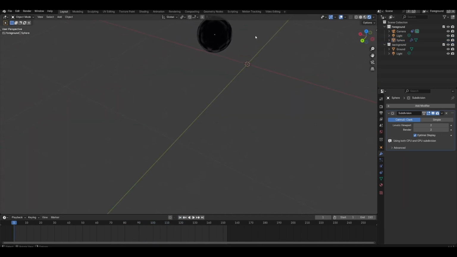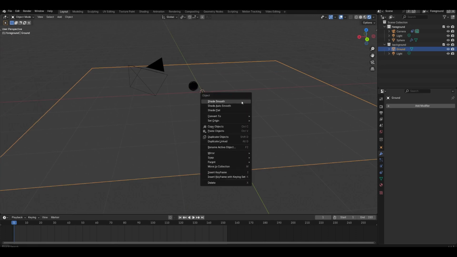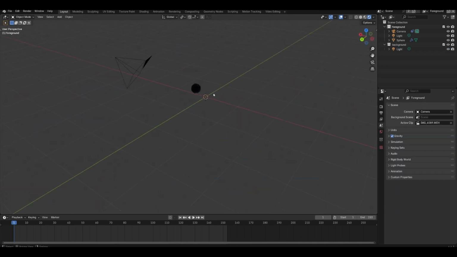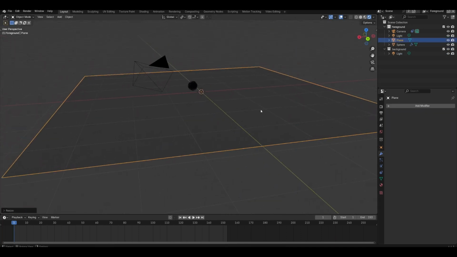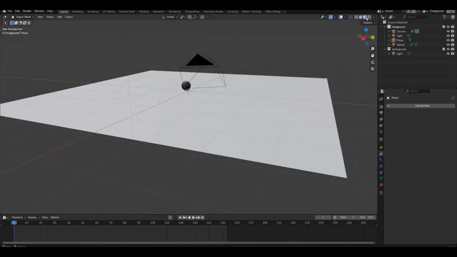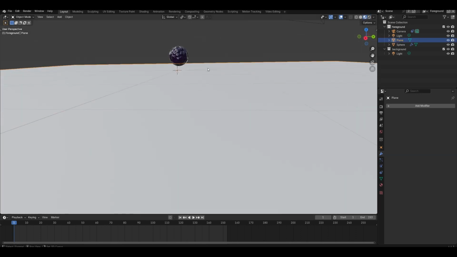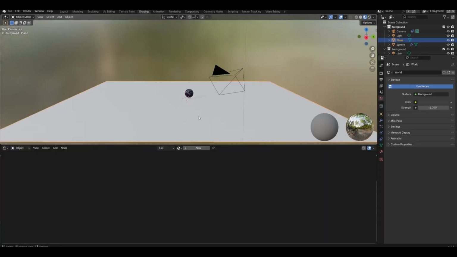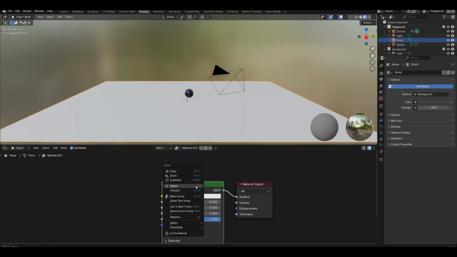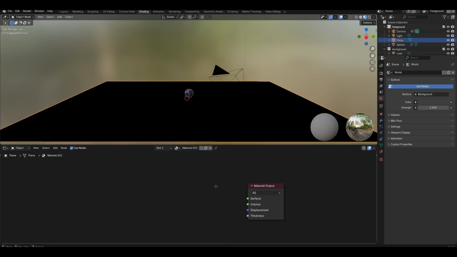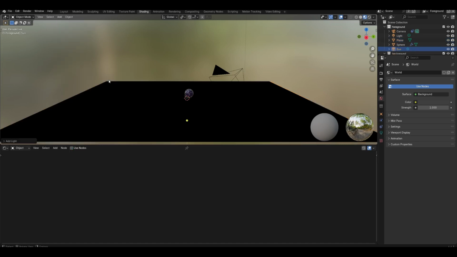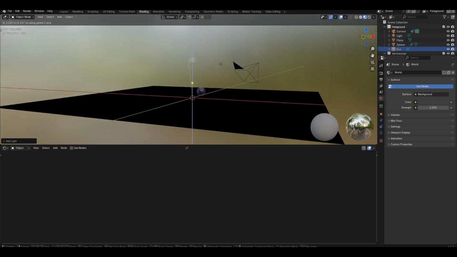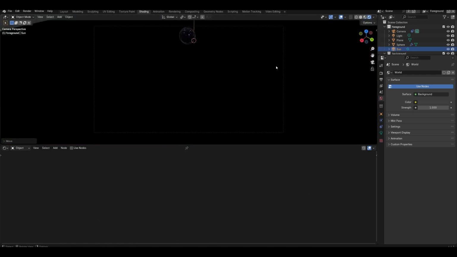Now, what we need to do is replace the plane that it generates by default. Get rid of it, and we now need to add a new plane in, scale it to about the same size for the sake of ease. And we need to set up a very specific type of shader on this plane. So back into shading, new, and we're going to delete this principled, or dissolve, either way, just the same thing. And now to make sure it's actually working, we need to add in a sunlight, light, sun, put it up, go into rendered view camera,